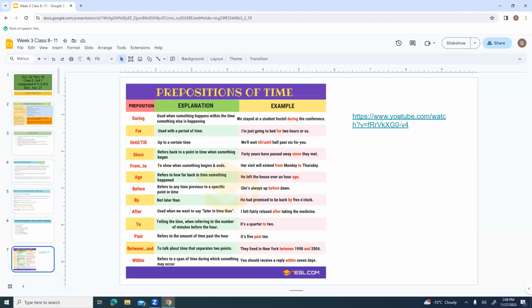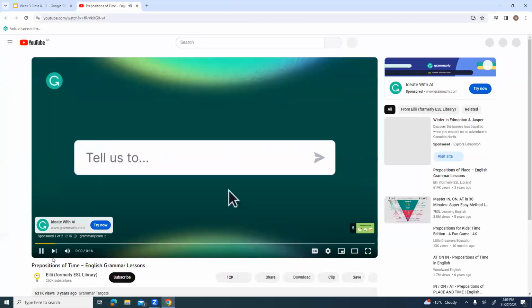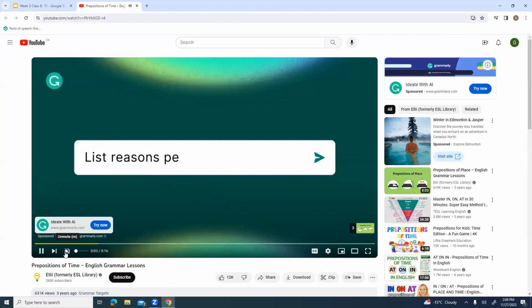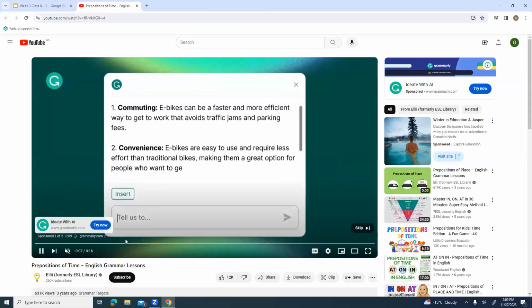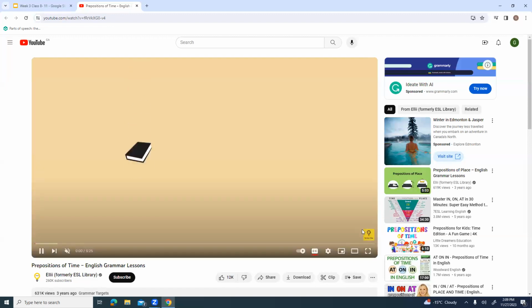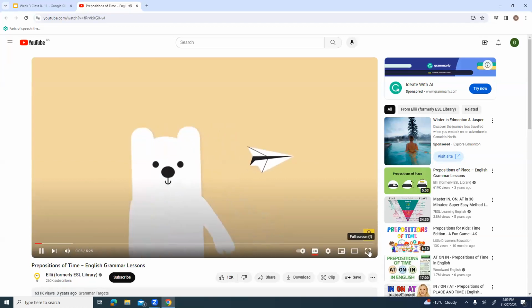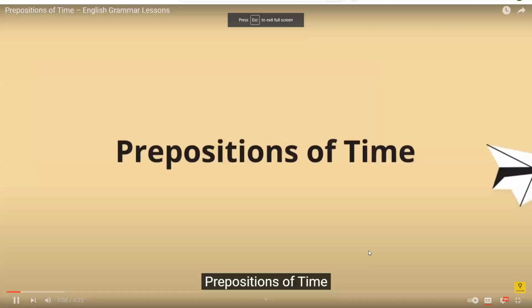Okay, I'm going to flip over here for a second and just take a quick look at this. Oh, hang on. Is this time? Place? Is this supposed to be time? Sorry. Hang on. I've been trying to download these. I think, you know what? Oh, it says prepositions of time. That's weird.